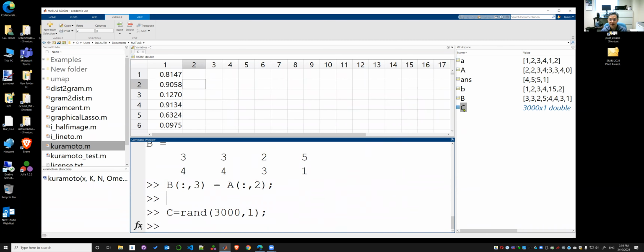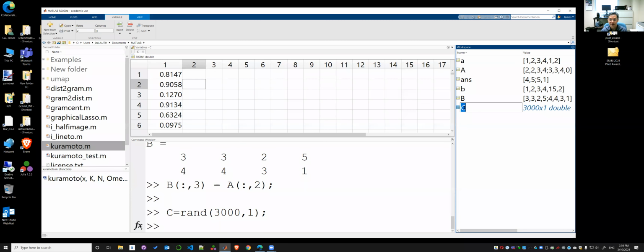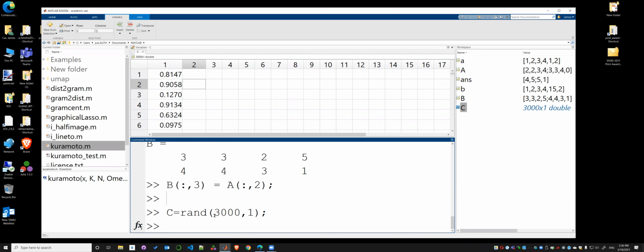You see, you have a C here. Do you have a C? You double click this. Okay. Yeah, it's the same random numbers. Yeah, it's the same. Although we are using different machines, we generate the same random